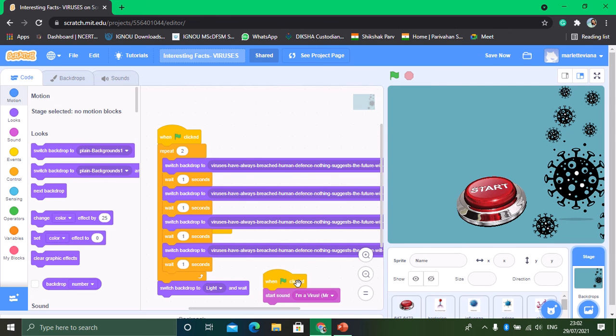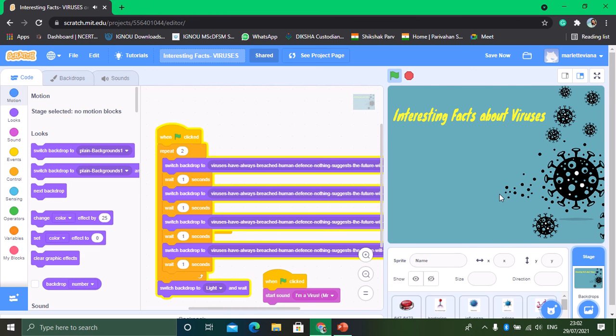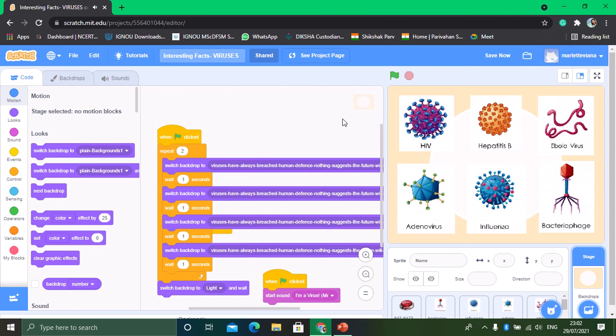I can make this image, the backdrop, as a GIF image which can move. So let's see how it moves here. So after pressing the start button, you see that the backdrop is moving along with the topic, interesting facts, viruses. Now we come to